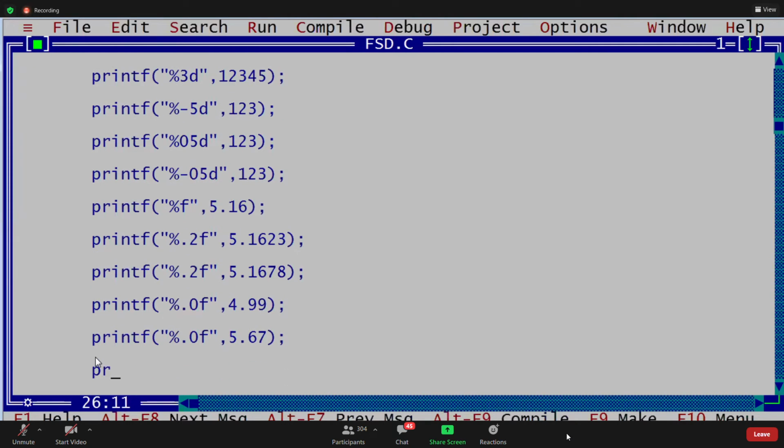Last printf, one by one we discuss, guys. Percent f ceil of 3.4 comma floor of 3.4. Yeah, guys, write all these printf statements one by one. Guys, write one by one, guys.